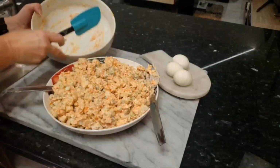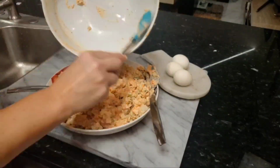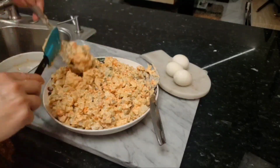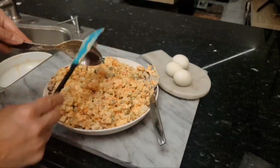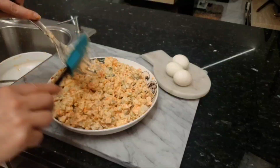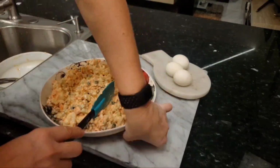With one of these spatulas, clean up everything. I love these silicone spatulas. Look how I can leave the bowl clean. Nothing goes to waste. And it's also good for decorating, good for leveling up the salad or whatever you do. I love it. Look at that. It's perfect. Okay, now we're just going to form a nice flat surface on top,